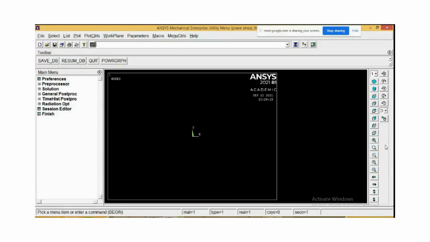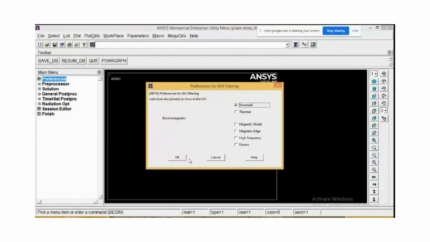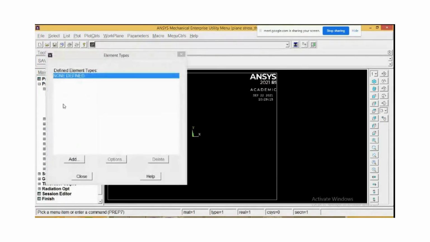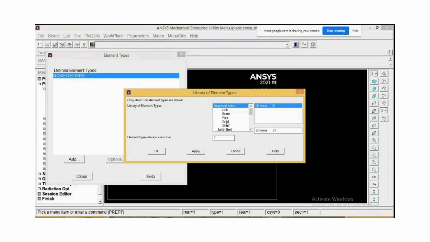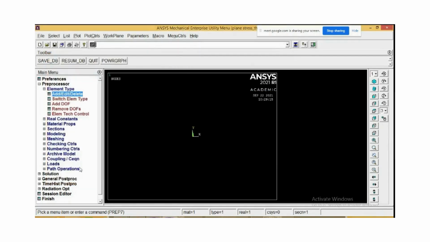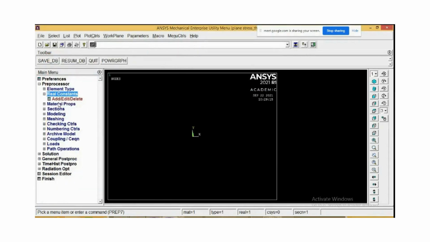Now we are solving a plane stress problem for the thin pressure vessel. For that purpose, obviously, the preference is structural. Under Preprocessor, under Element Type, we will add a solid element, PLANE182 quad. Go to the options, make the element behavior plane stress with thickness on. Okay, close that element. Real constant,